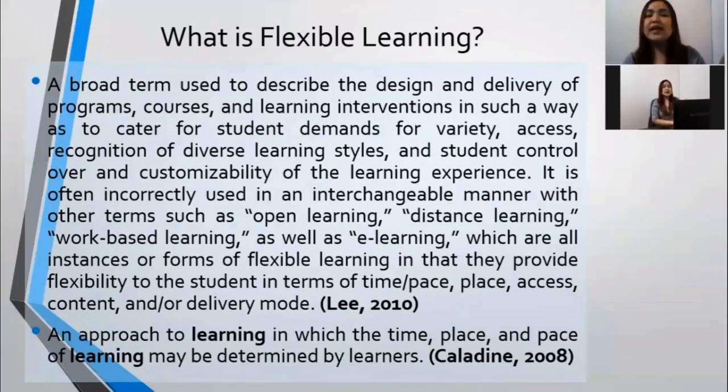Another meaning is a broad term used to describe the design and delivery of programs, courses, and learning interventions in such a way as to cater to student demands for variety, access, recognition of diverse learning styles, and student control over and customizability of the learning experience. It is often incorrectly used interchangeably with other terms such as open learning, distance learning, work-based learning, as well as e-learning,